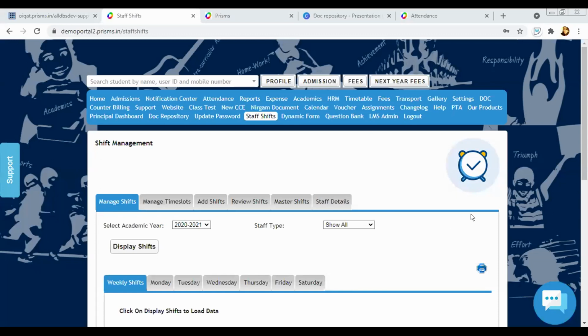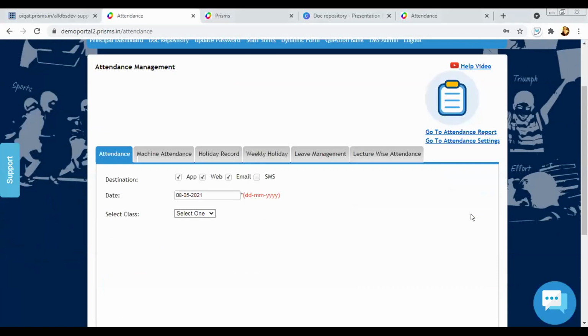So today we have covered three parts. The first part is the document repository, where you can create folders and share them with the students and staff. Second is staff access and adding new staff. And third is regarding holidays. Any queries on this or any other general query you can ask us?